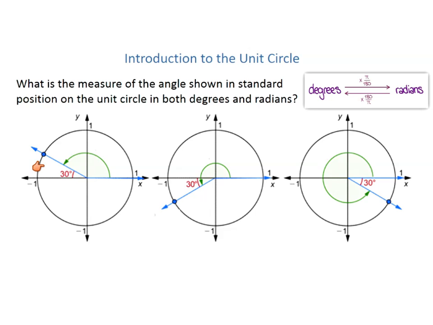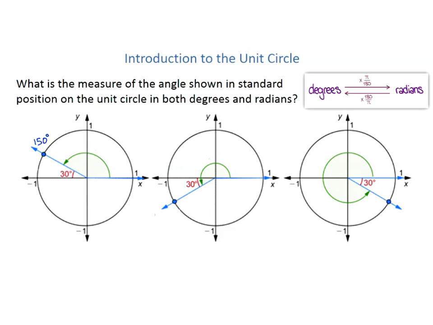So let's take a look at this first one. We know that halfway around the circle, so to this point, is 180. So if we subtract 30 from that, that means the angle we're looking at is 150 degrees. So 150,